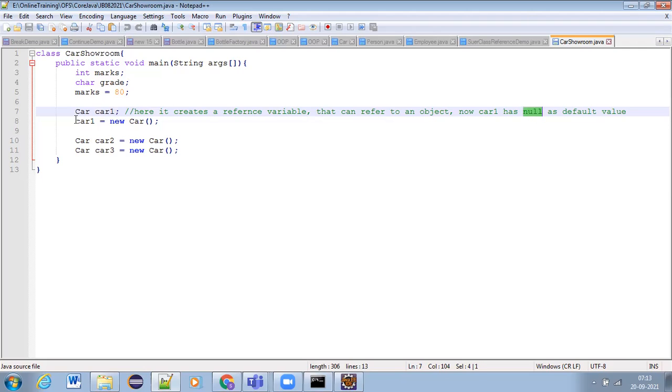And after that, here what we are doing, new car we are writing, right? Unless we say new car or new book, new employee, only then will a real object be created.